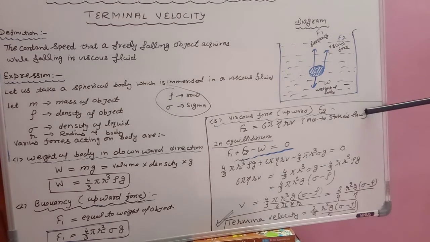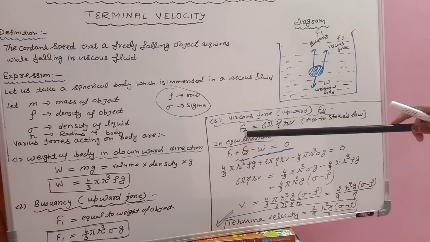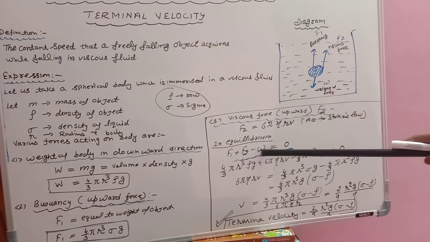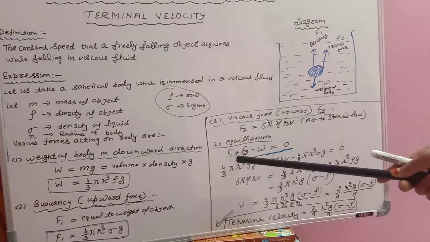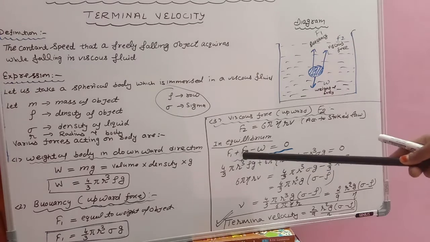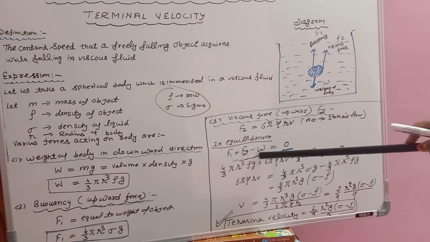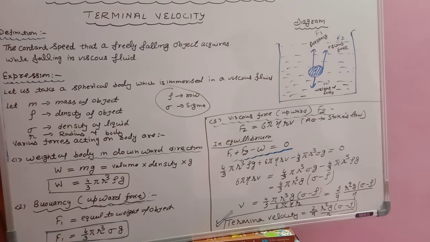Students, viscous force we have studied in Stokes' law. That I am denoting by F2, and this is clear to you: 6 pi eta r v. Okay, so what will happen in equilibrium? I told you that whenever you are taking equilibrium, you need to choose some rules. If the downward direction you are taking negative, then the upward direction you have to take positive. So here I have taken upward positive, downward negative. You can see that F1 and F2 both are in the upward direction, so I have taken positive, positive, and weight is in the downward direction, I have taken it negative. If you take both negative and this positive, your results will be the same. Okay, so put the values equal to 0.